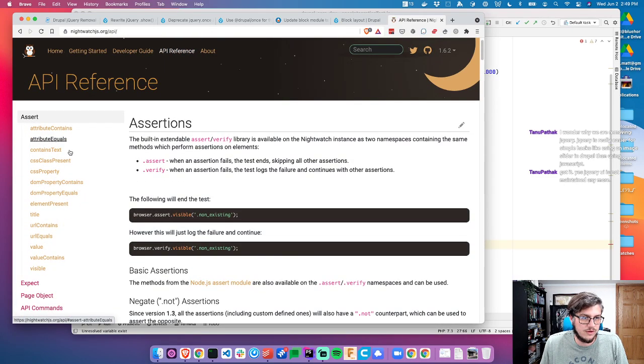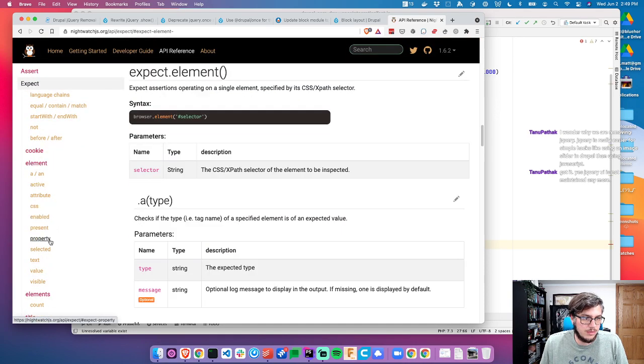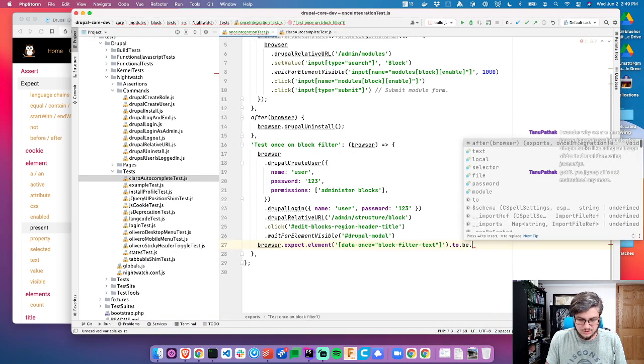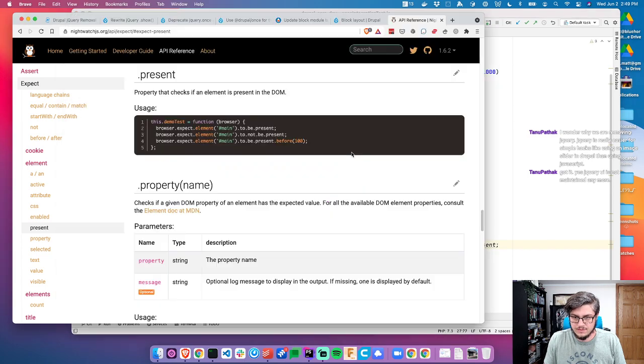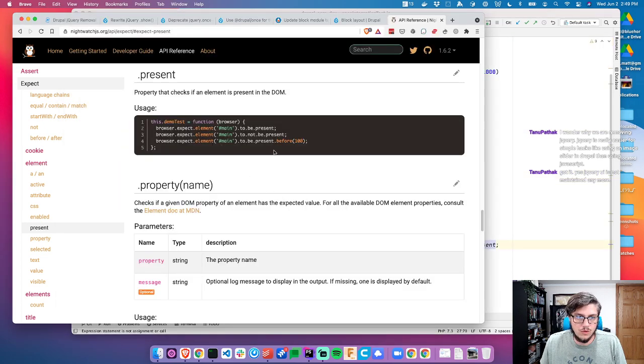API reference, expect element present to be present. All right, so we expect it to be present,